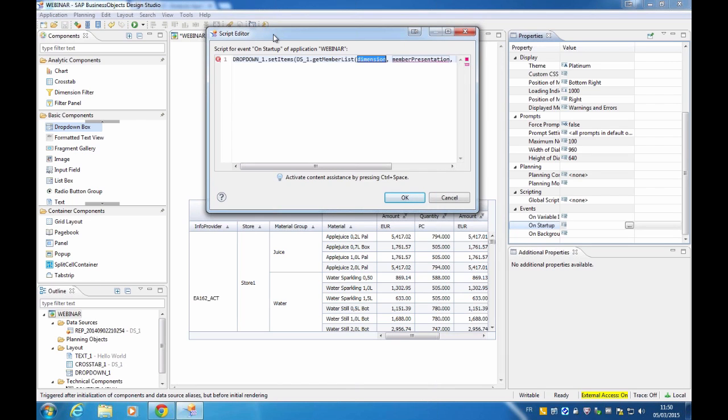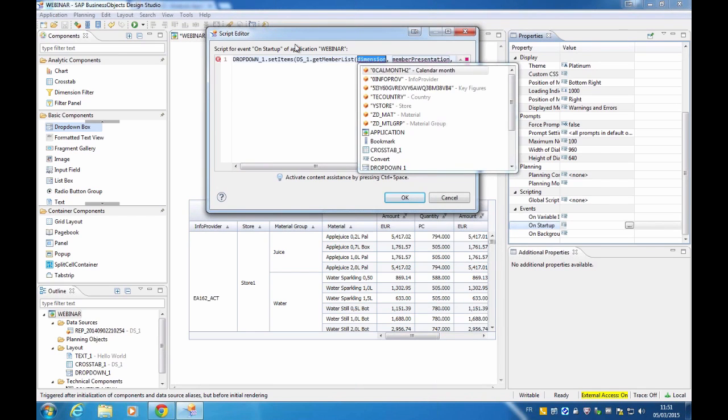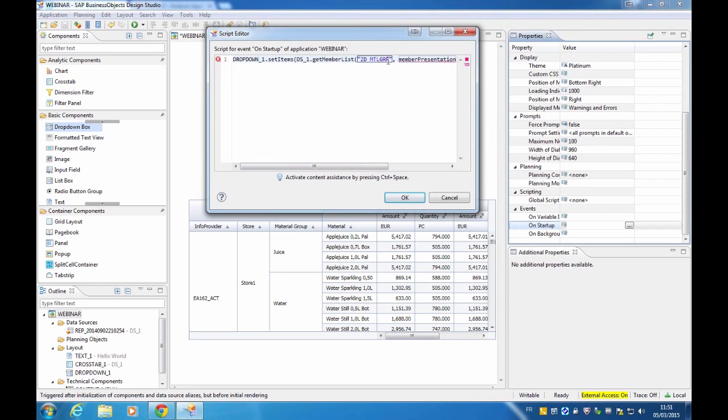Now it needs to know what dimension we want. And I don't know what material group is called. Again, if I hit Control Space, not only is the script editor smart enough to know about the scripting language and the contents of the dashboard, it also knows about your data source. So it knows that this part needs a dimension, so it actually shows you all the dimensions available in that data source. In this case, we say material group,